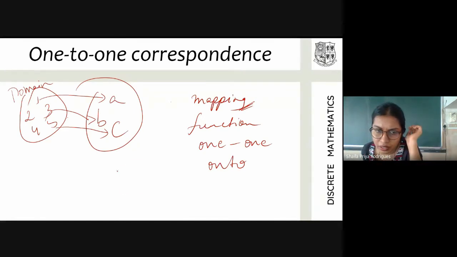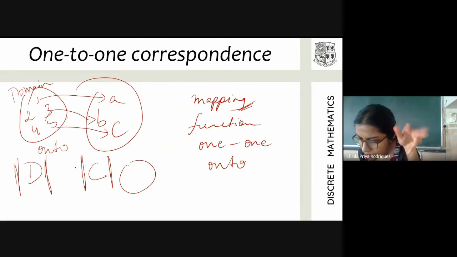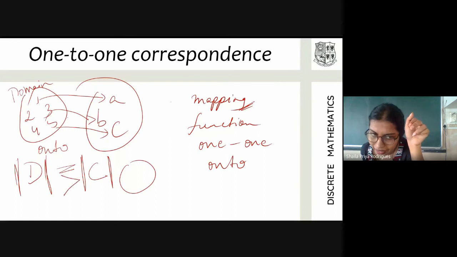It is simply not possible to establish an onto mapping when you have more elements in the codomain than in the domain. So I'll denote the domain set as D and the codomain set as C. This is the cardinality of the domain set, and this is the cardinality of the codomain set. For an onto function, the number of elements in the domain and the codomain should either be equal, or the number of elements in the domain should be greater than the number of elements in the codomain.